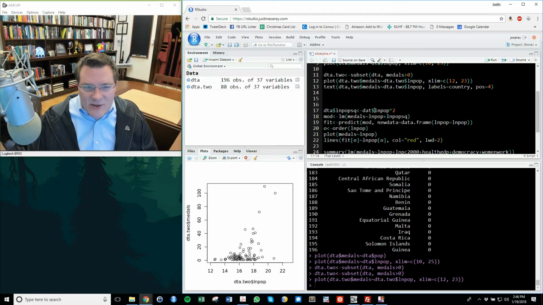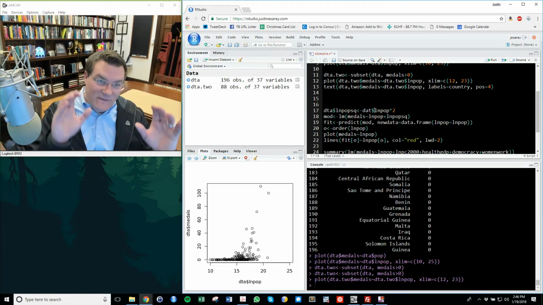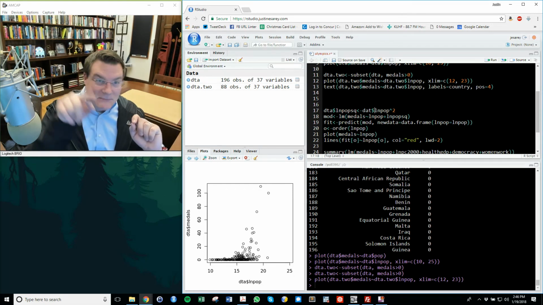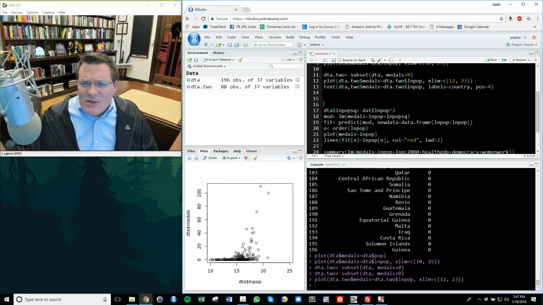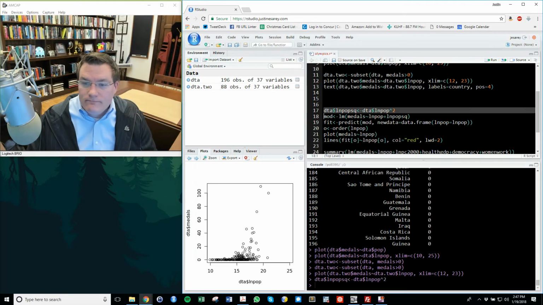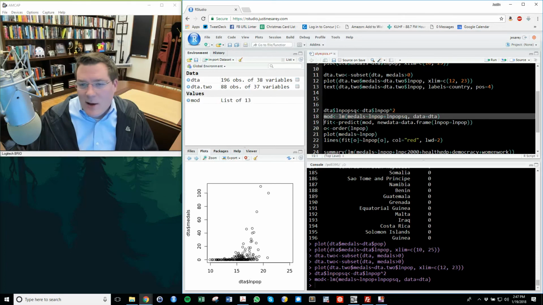that previous graph, I'll just click back here to that previous graph, made us think maybe there's a curvilinear relationship. So instead of fitting a line to it, maybe we want to fit like a parabola. So if I add to the DTA data set a variable that's just the log of population squared, I'm calling that ln pop sq, which is just equal to the log population variable squared. And then DTA, I'm going to run a linear model that basically tells me whether those relationships are in there.